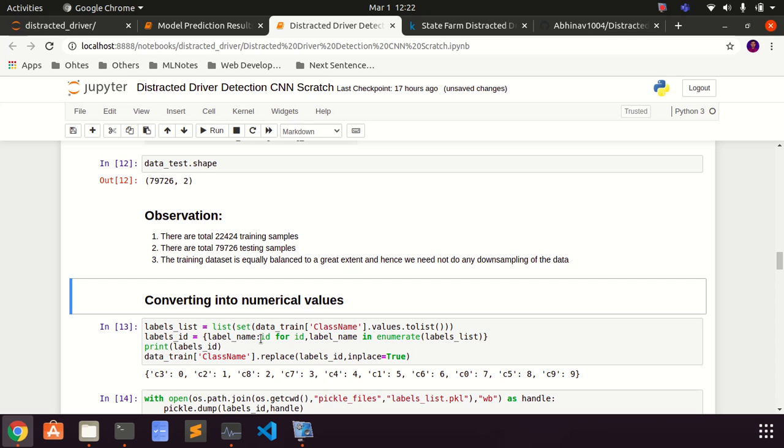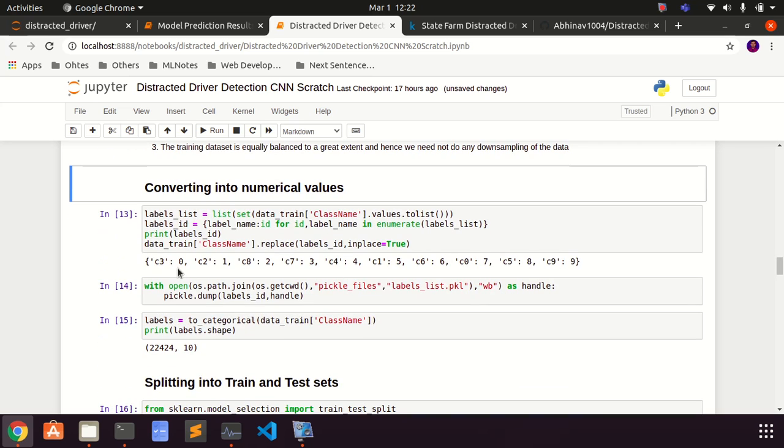So now what we are going to do is convert the class labels into numerical values, that is the ID labels and the labels-to-ID. Labels-to-ID is a dictionary which will convert the labels into an ID, that is a numerical value, and we'll be storing it in a pickle file, which we will use later while making a script to predict